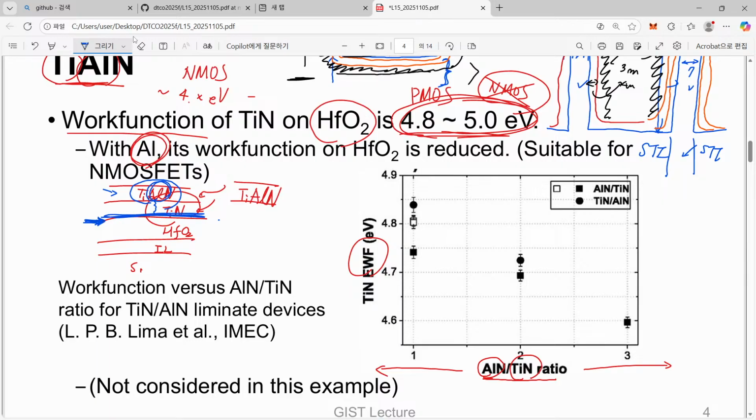Then if we have more aluminum at the interface, we can reduce the threshold voltage or work function of this material. So simply speaking,